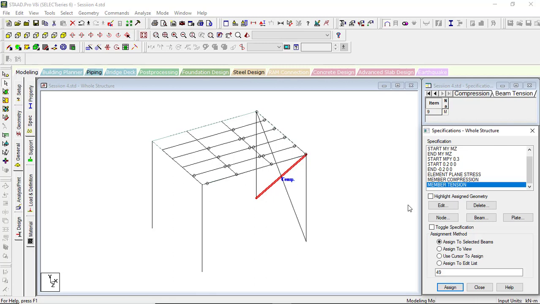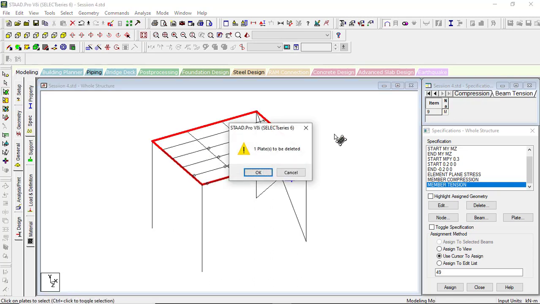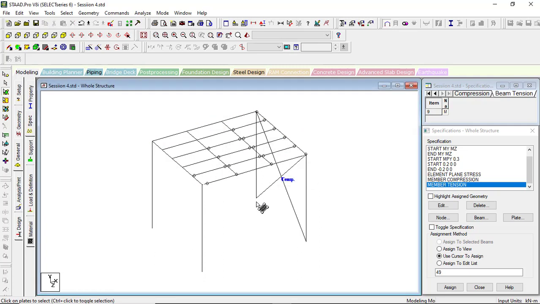Right, now before moving forward, let us delete this plate first, and let us draw some plan bracing and elevation bracing. If I click on add beam and draw from this node to this node, and this node up to this node, this is called elevation bracing.